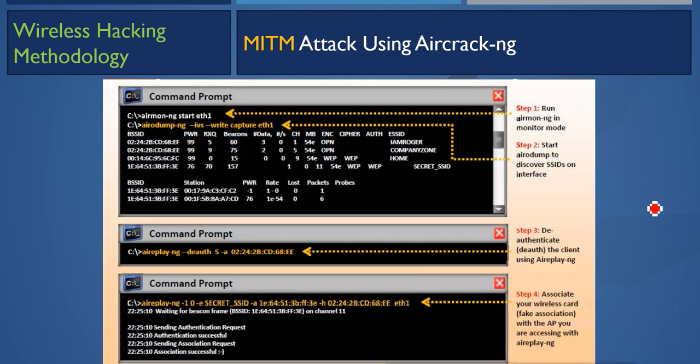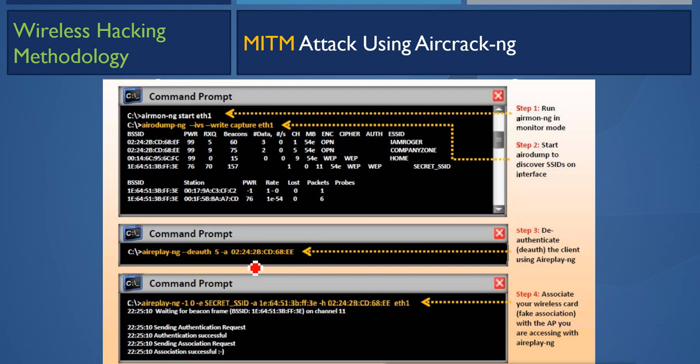So in Aircrack-ng, for doing the man in the middle attack, the attacker will do this. First, it will sniff. It will use airodump-ng to sniff all the information about the different APs and the clients. Second, it will send the deauth packet with the help of the MAC address of the AP, and it will deauth the other clients or even all the clients, because it is not targeting a client, so it will deauth all the clients.